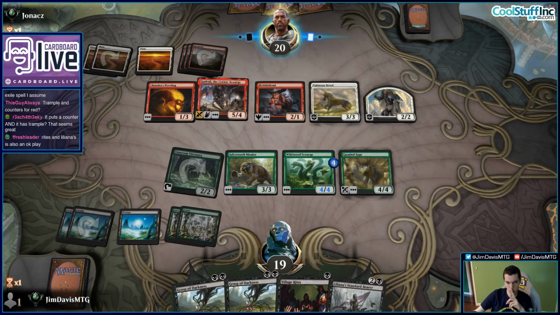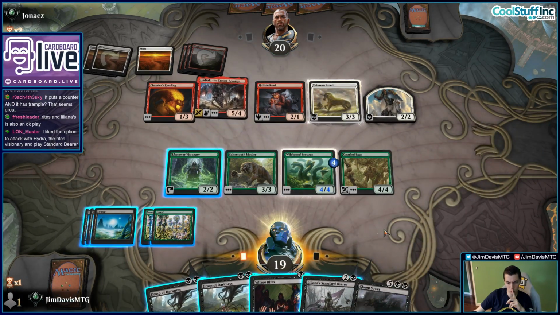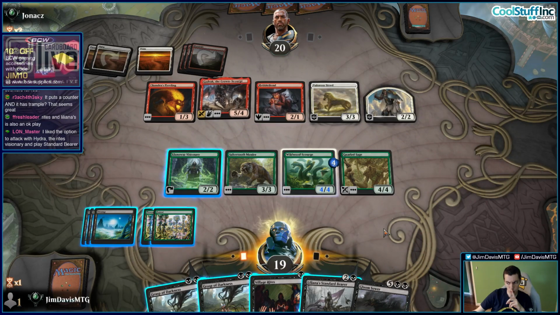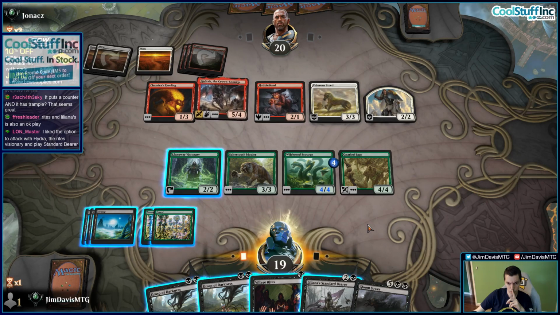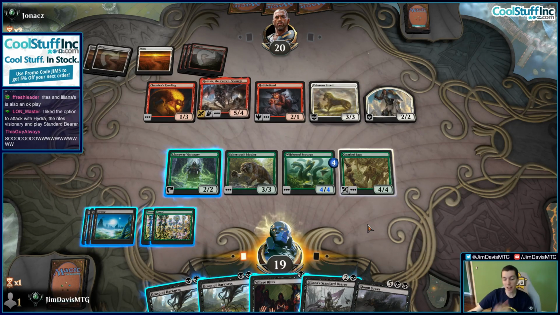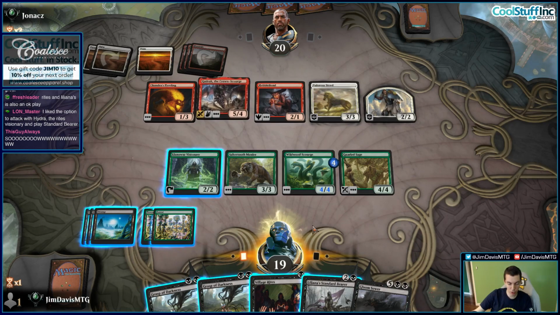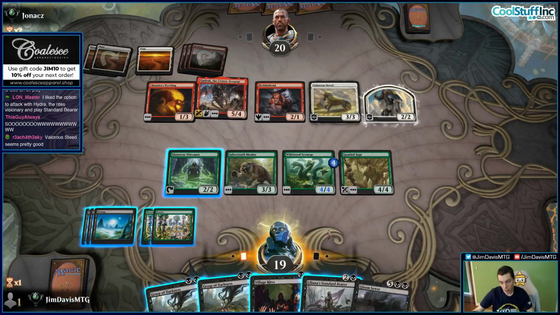All right. And a Gloom Sower. Interesting. So I kind of want to... I wish I had four black mana. I wouldn't mind a turn of Bearer, Rites, Grasp. We could just draw a black source, I suppose. But being able to